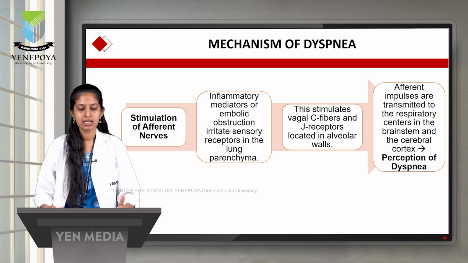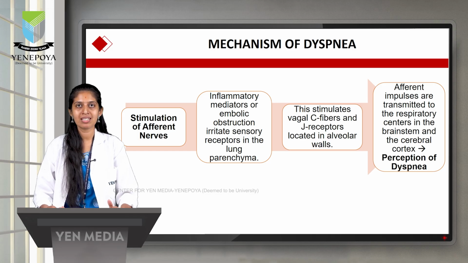It is basically inflammatory mediators, which we see in interstitial lung disease, irritating the sensory receptors in the lung parenchyma. Not only that, even embolic obstruction, which we see in pulmonary embolus, irritates the sensory receptors present in the lung parenchyma. So both interstitial lung disease and pulmonary embolism irritate the sensory receptors,